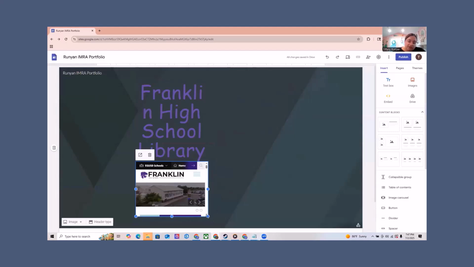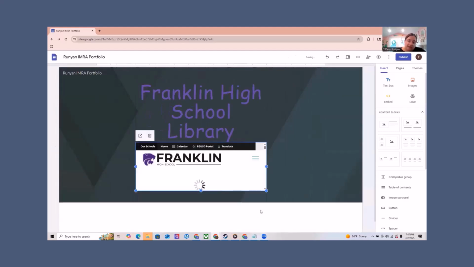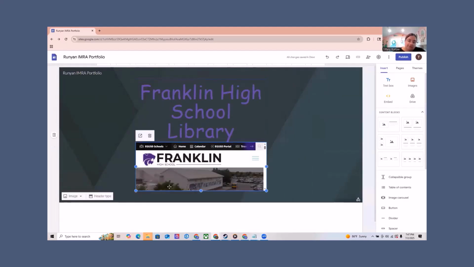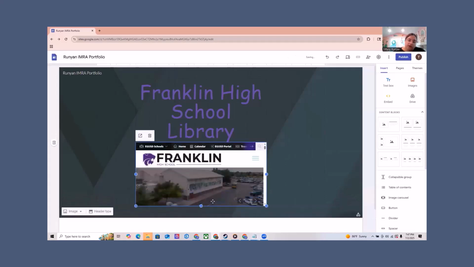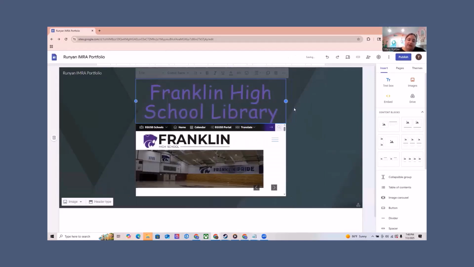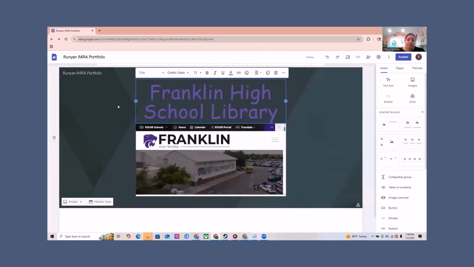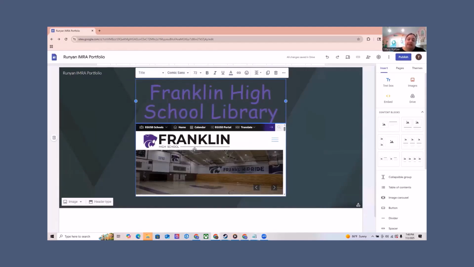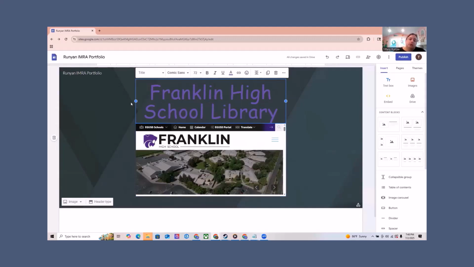But please note, if you change the size of whatever you are embedding underneath, it can change the font size. I believe you can fix it by clicking on the font to drag it back to the size you'd like. But it is something to consider since whatever you're putting down here is going to be the same width as